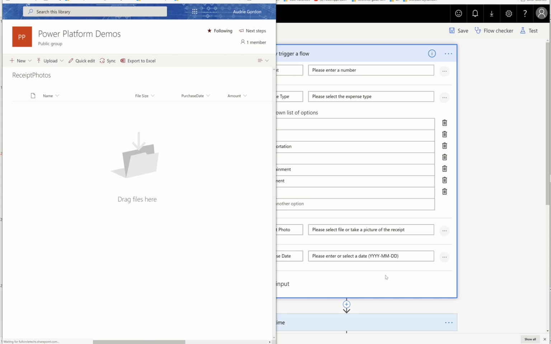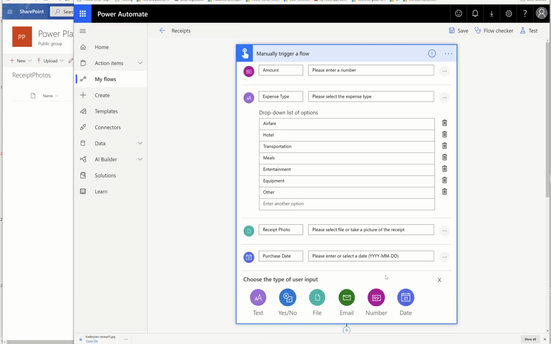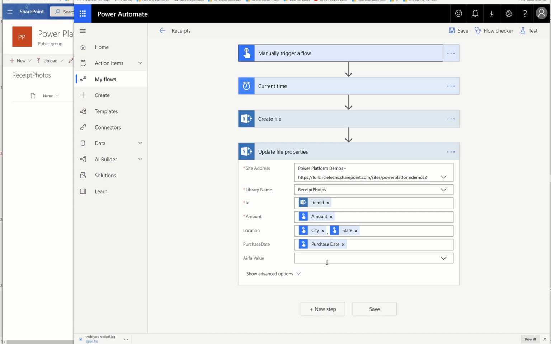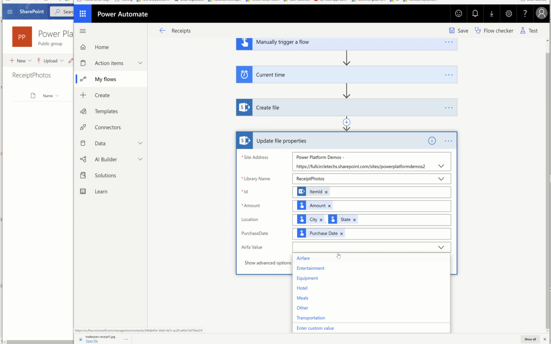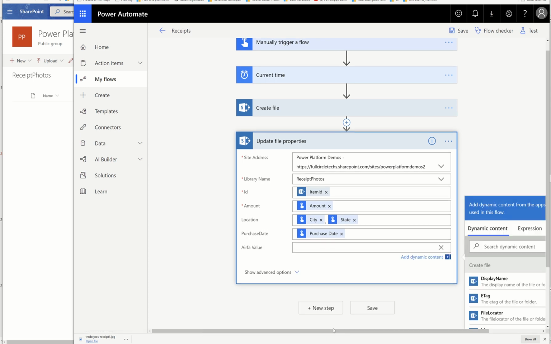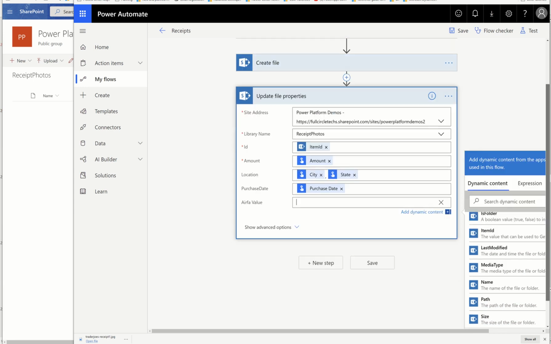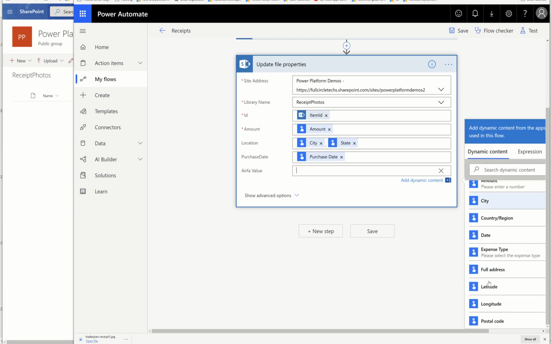You know, in many cases, I would do that column over just because I want to make sure it's clear to everybody what these things are. So I am not going to drop down this dropdown and pick one of these things, because then I would be hard coding this response. Instead, what I want to do is use the dynamic value that came from here. So I'm going to hit enter custom value, and then I'm going to make sure that from my trigger, I pick